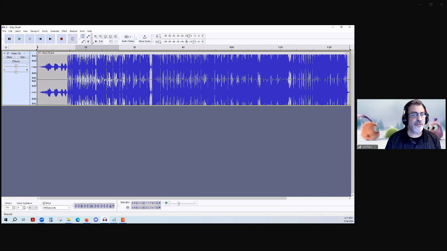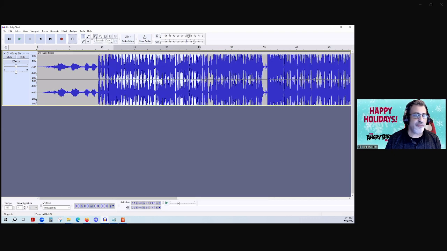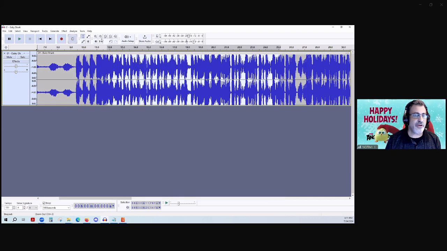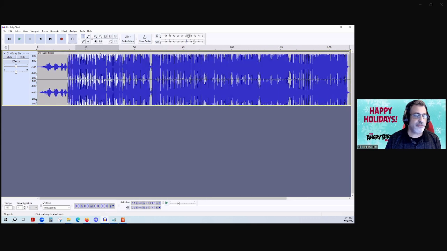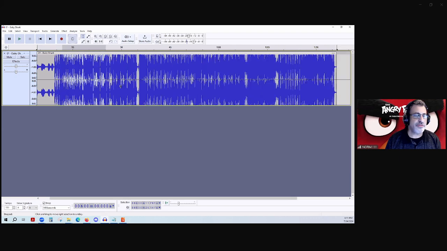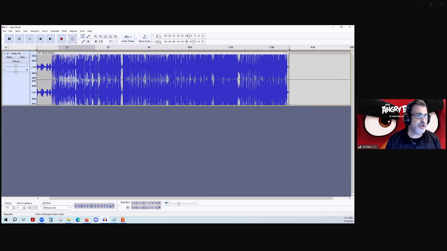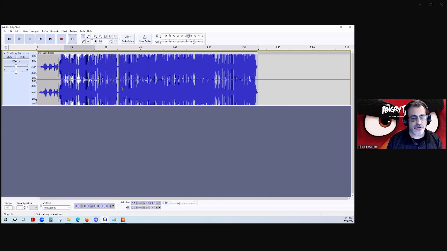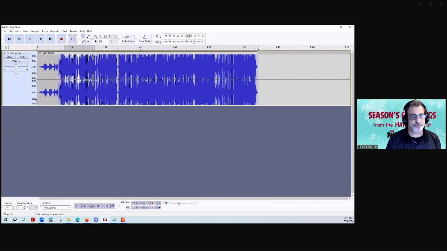I can also increase and decrease my waveform if I want to look at it. There are different ways to do it. The easiest way is the magnifying glass up here, so I can increase the waveform to see what I'm working on, or decrease it. I can also use my control button and the scroll wheel on my mouse. There are also a lot of shortcuts within Audacity you can use, and we can look at those in a second.